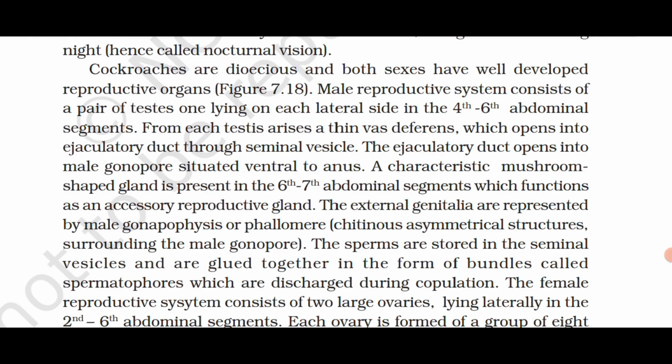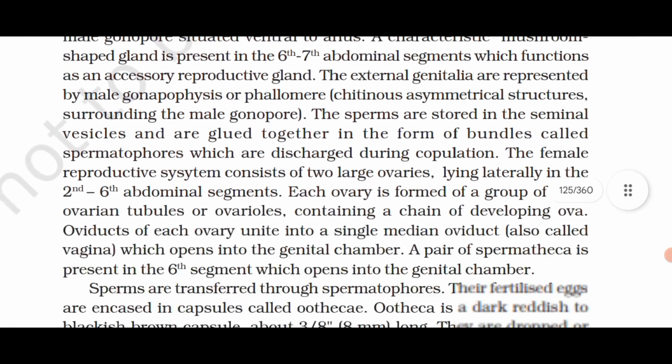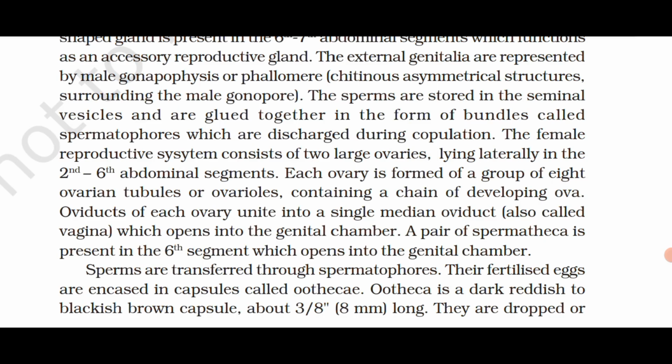A characteristic mushroom-shaped gland is present in the 6th to 7th abdominal segments, which functions as an accessory reproductive gland. The external genitalia are represented by male gonapophysis or phallomere, chitinous asymmetrical structure surrounding the male gonophore. The sperms are stored in the seminal vesicles and are glued together in the form of bundles called spermatophores, which